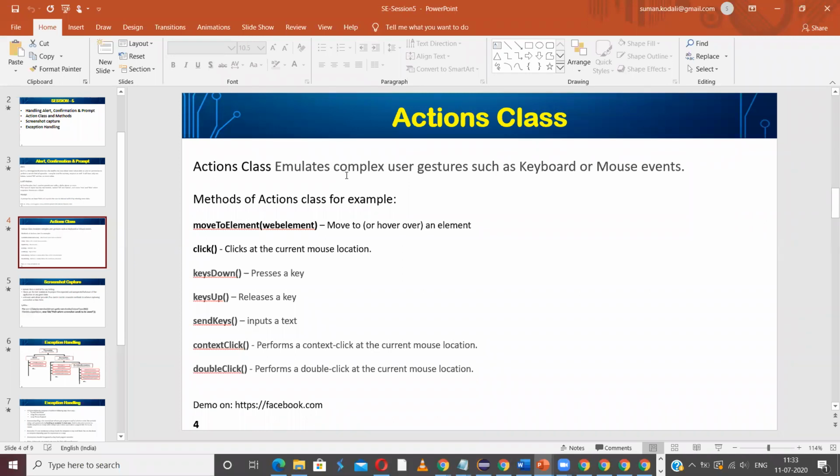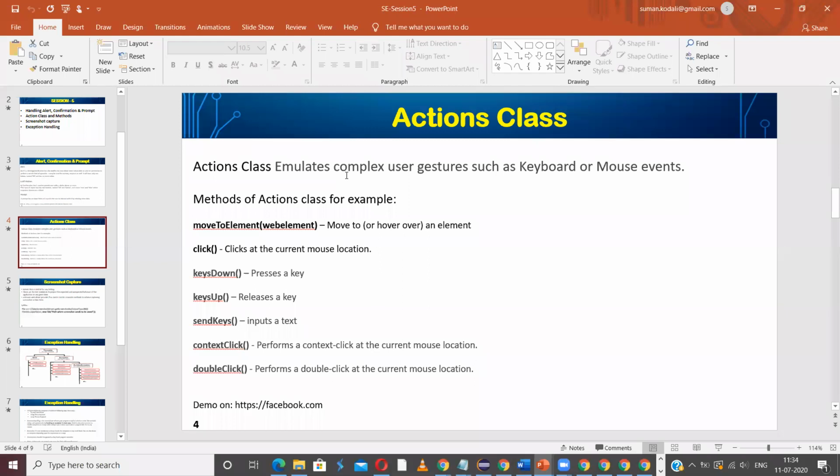To press the shift key, we can use the keyDown method, and to release the shift key, we can use keyUp. We can also use the sendKeys method here if you want to input some text.